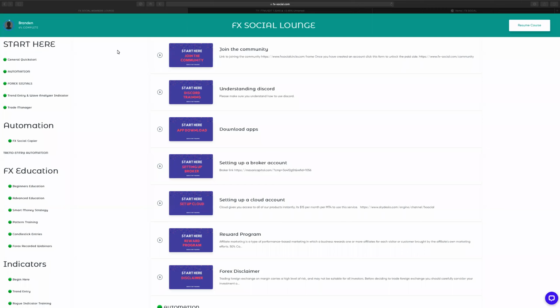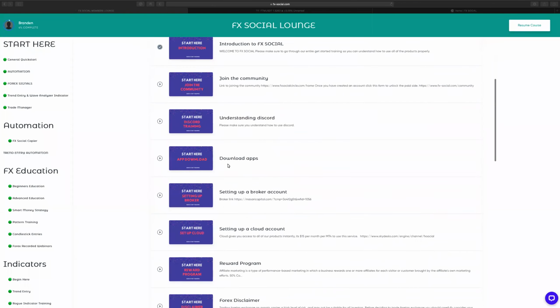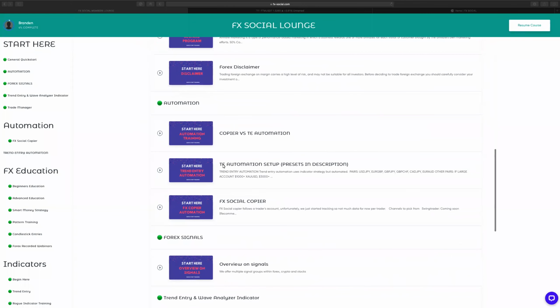So, like I said, I updated the Start Here tab. When someone first starts, they're going to come in, get the introduction, join the community, and go through each step, so they'll understand the difference. So we have the Trend Entry automation setup. And if you click on it,